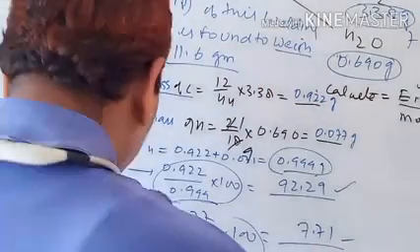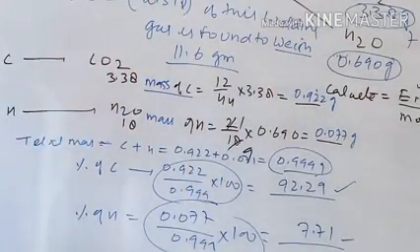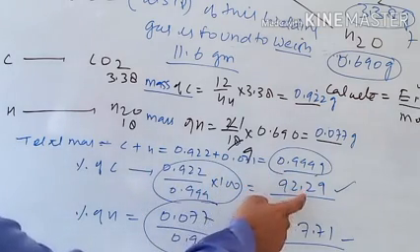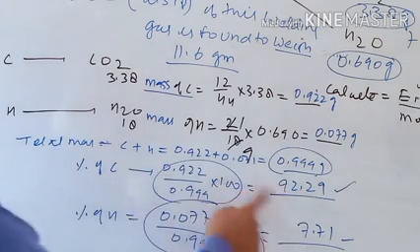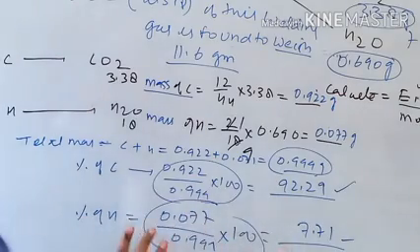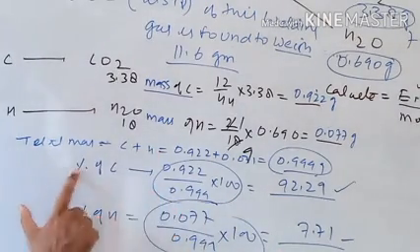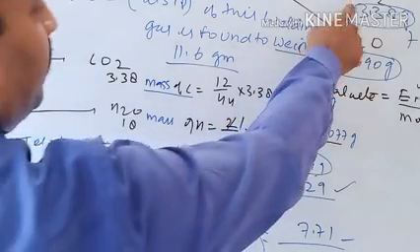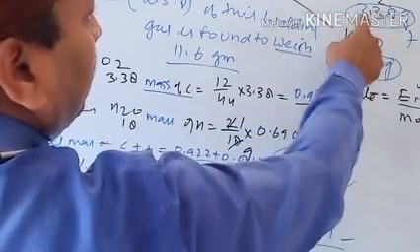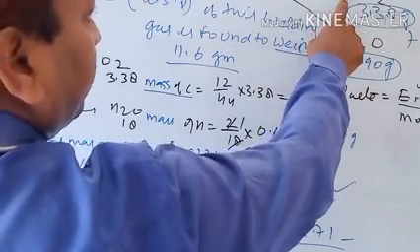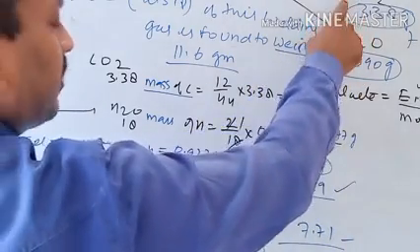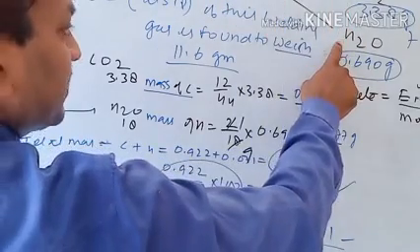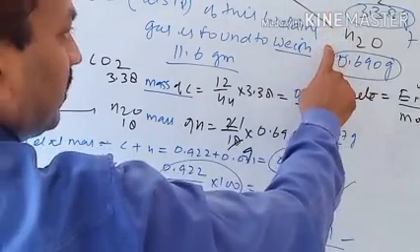Children, you can write this calculation, the percentage of carbon and hydrogen. This data is important for us. We will use this data in the table. In this numerical, the percentage of carbon and the percentage of hydrogen are not given directly. Here, the mass is given in gram in the form of CO2. So first calculate the mass of carbon, then calculate the percentage of carbon. Similarly, first calculate the mass of hydrogen, then calculate the percentage of hydrogen.